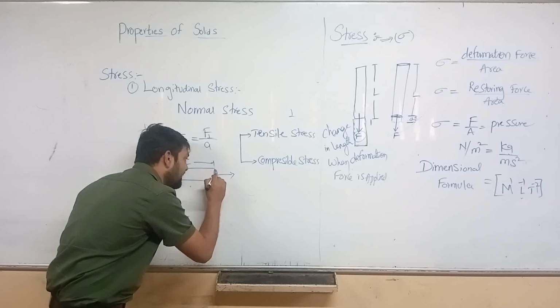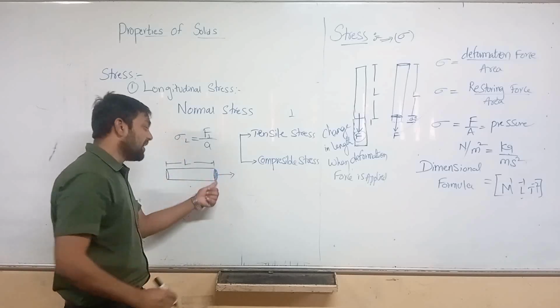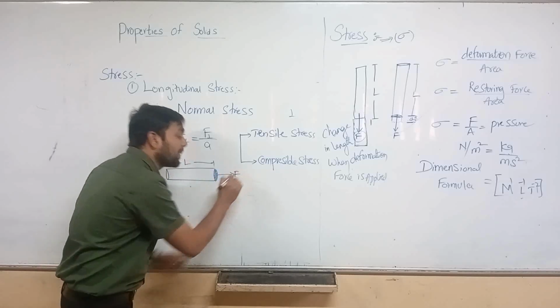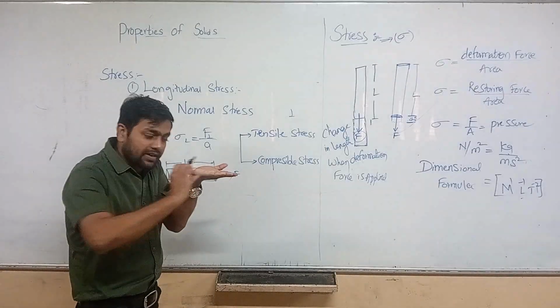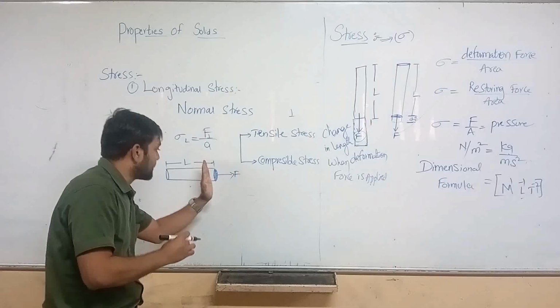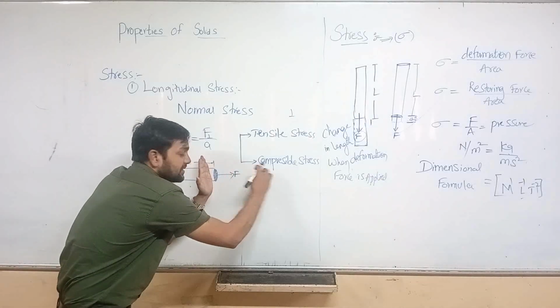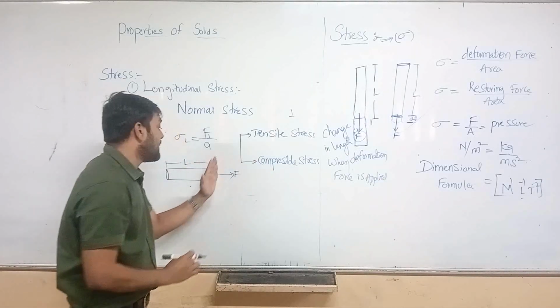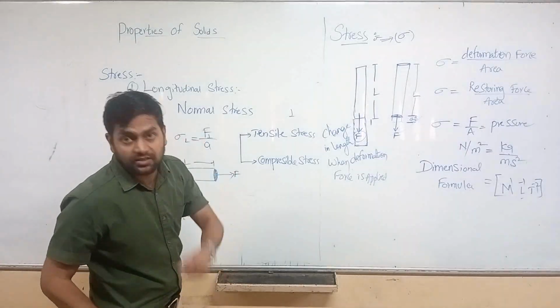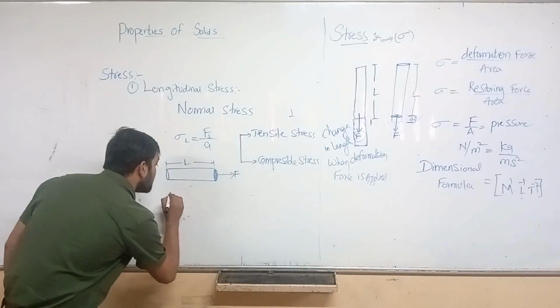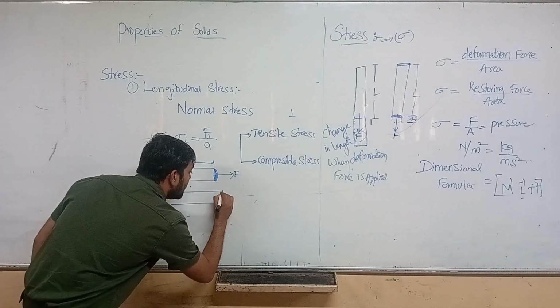So here we have an area, right? The area and the force are to be perpendicular to each other. Here I am not taking it like this, I am taking this object like this. Then what happened here? The object is going to change its length. This object changes its length,